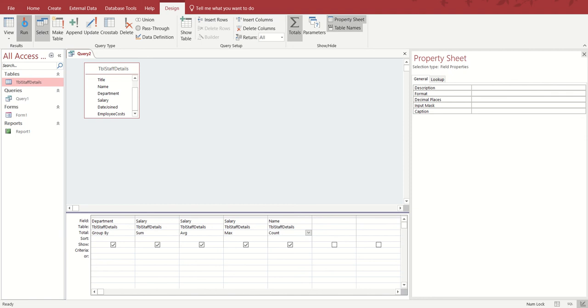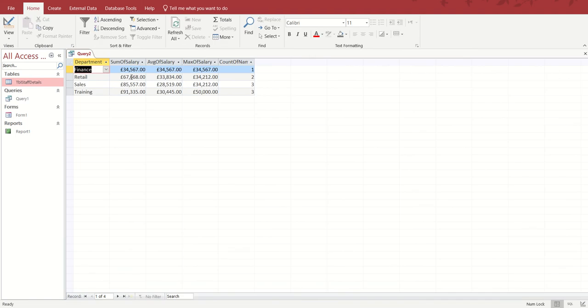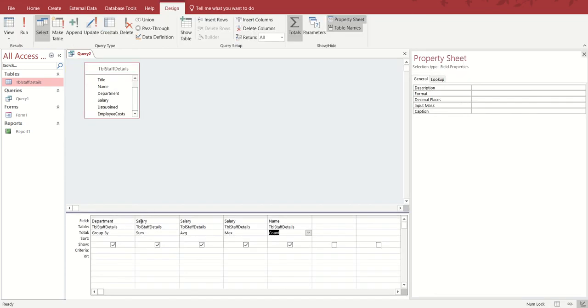So when I look at that, it's now giving me the sum by department, the average, and then the maximum salary per department, and then there's a count of how many people are in each department. So these labels are a bit ugly, so I'm going to change those. And the way you do that is in front of salary, so that is just the total. I'm going to type total and then do a colon, that will rename it. This is the average, so I'm going to go average colon,